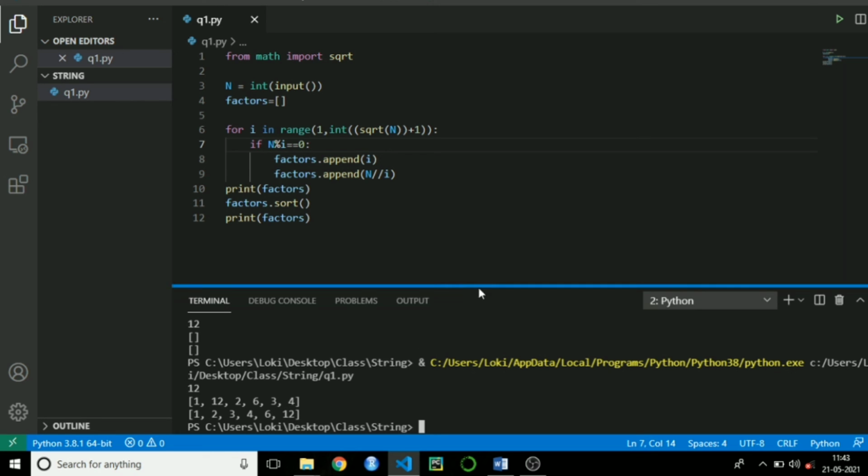But what kind of question can you expect from this factors concept? You can expect a question like this. They will ask you to find the kth largest factor. So what does this kth largest factor mean? They are going to give one number like 3. So you need to find the third largest factor for this number 12. The first largest will be 12, second will be 6, and third largest will be 4.